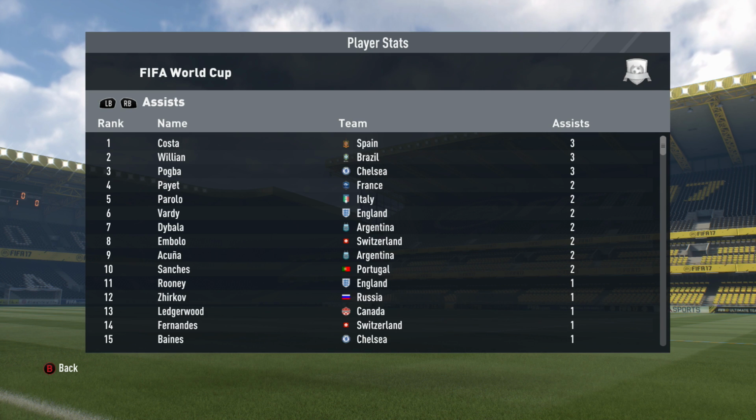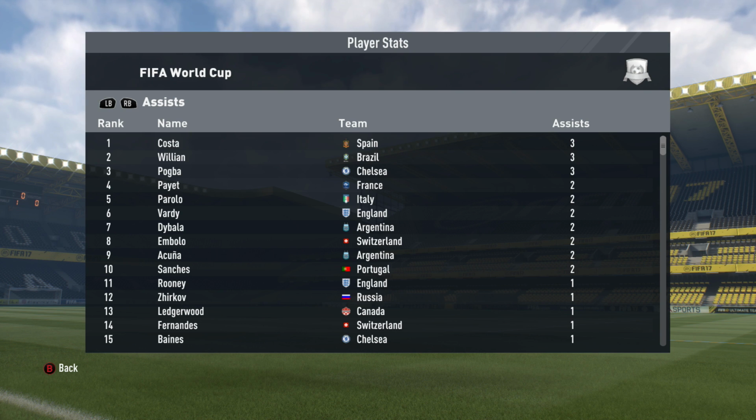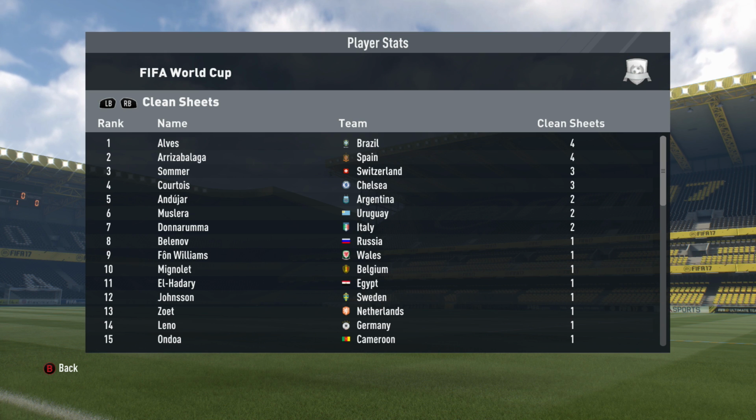Looking at the assists now, and Diego Costa, again going to have to specify for Spain rather than the EPL All-Stars, got 3 assists with Willian getting 3, as well as Paul Pogba for the EPL All-Stars getting 3, Dimitri Payet with 2, as well as Parolo, Vardy, Dybala, Embolo, Acuna, and Renato Sanches, all getting 2 to round out the top 10. And as far as clean sheets are concerned, Diego Alves for Brazil managed to get 4,